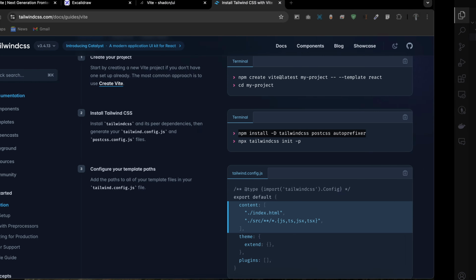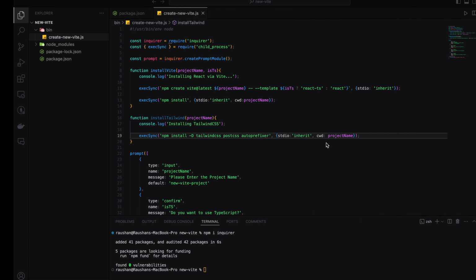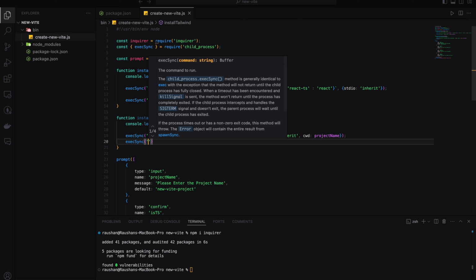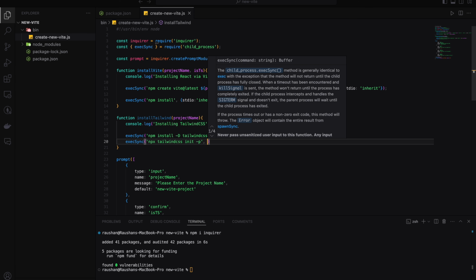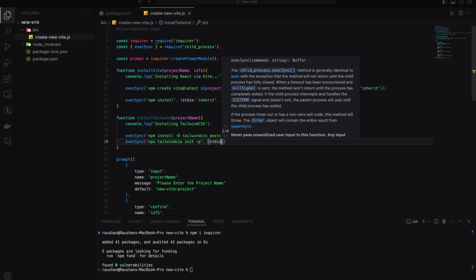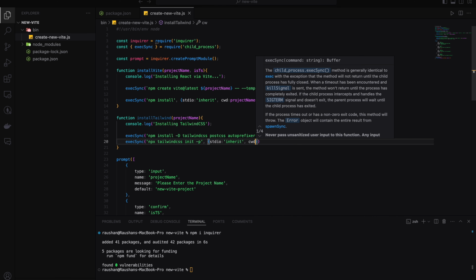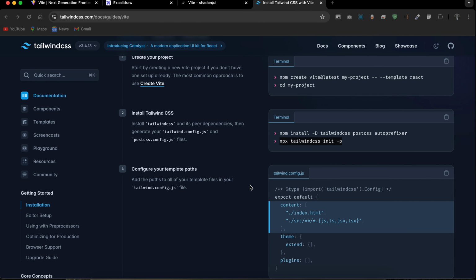After running this command, we have to run this command npx tailwindcss init. We have to initialize the Tailwind CSS in our project. So for that, execute sync, paste this command here, and stdio inherit and current working directory is going to our project name. After that, we have to